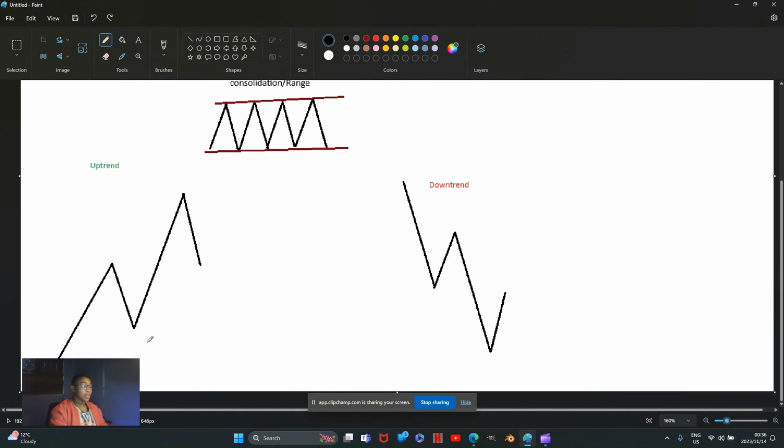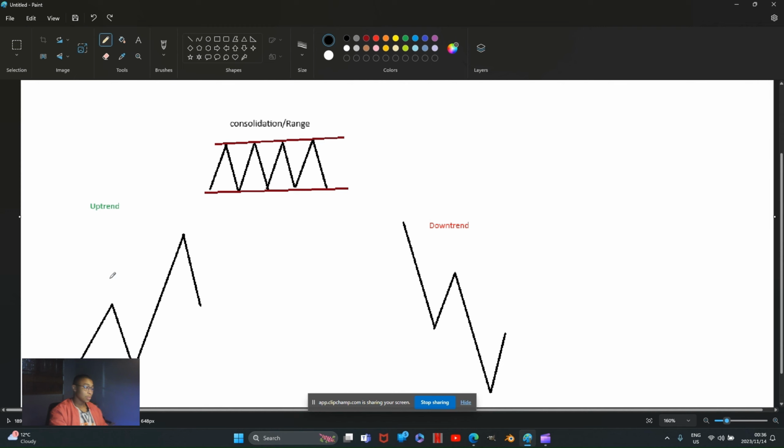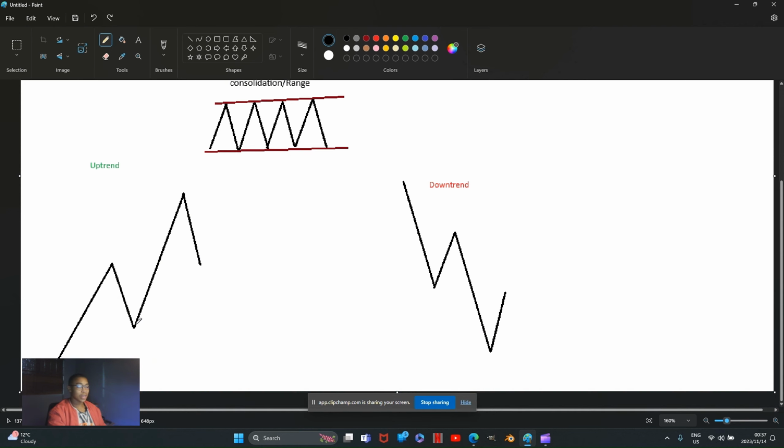You want to trade it in a market that is moving upwards, creating higher highs and higher lows. This is where you want to trade the Fibonacci Retracement tool. So firstly, you'll find an uptrending market, a market that is creating higher highs and higher lows, as I said. From there, what you'll do is pull this tool from the low to the high,